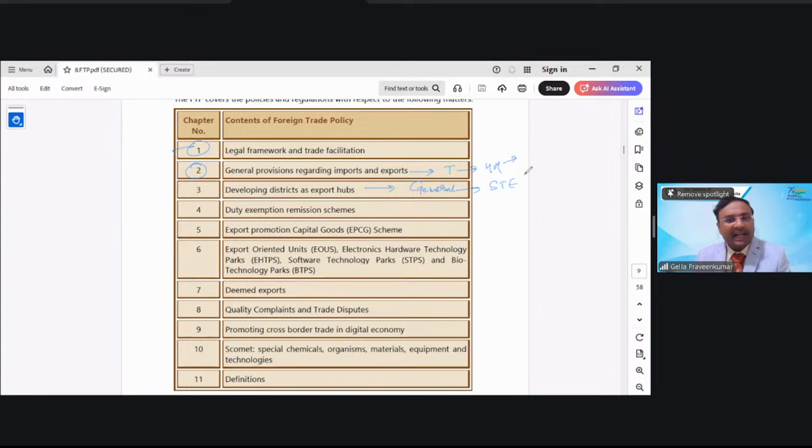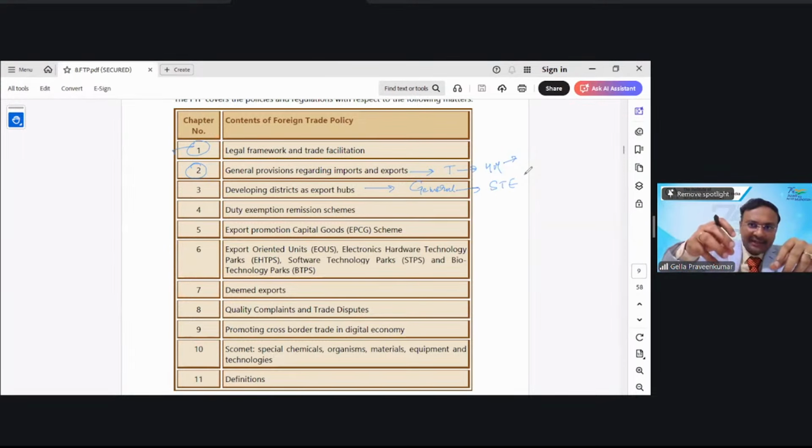For example, I have fisheries in Kerala and in Andhra. In South India, Kerala and Andhra are major belts where the majority of fish and prawn gets exported to the US. And this is one industry which is struggling to the core because of the tariffs implemented by the US. What will this district hub do? They try to identify the scale of operations being done by the fishermen, what the nearest seaport is,